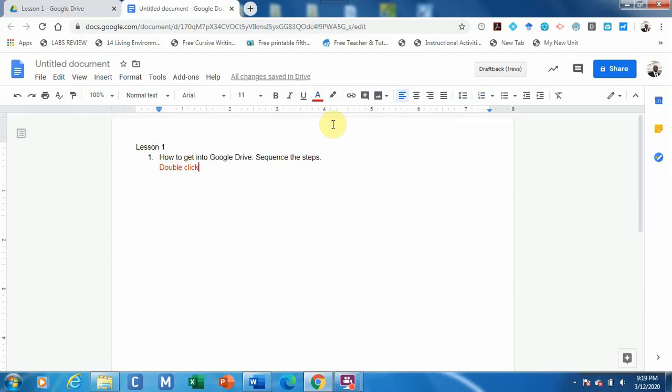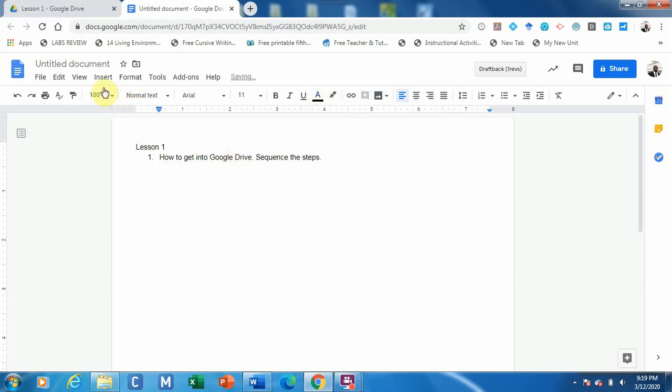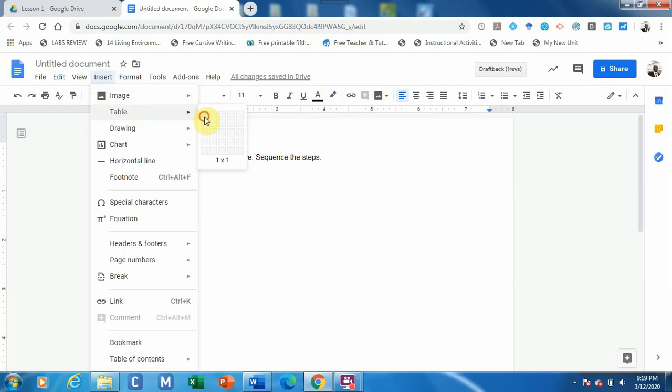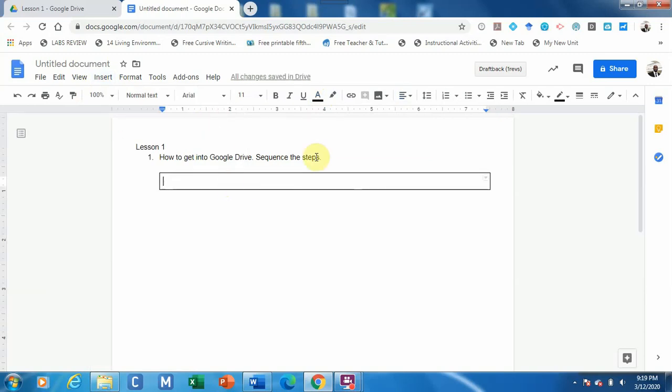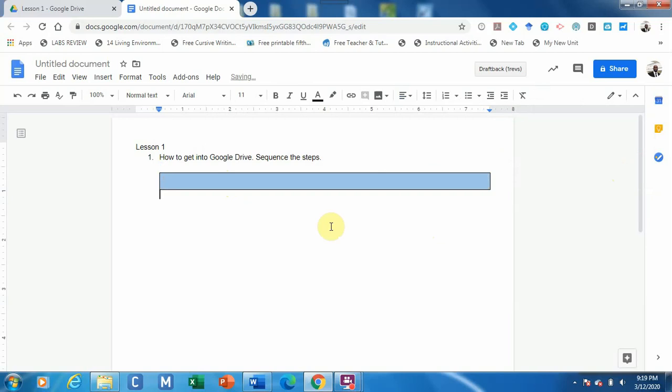A newer way, to save the students time from using a different color ink, but it's a little bit of work on your front end, would be to create a text box. And the way you do it in Google Docs is that you would have to insert a table. So what I like to do is insert the table, and this is where I want the answer. But then I'll go ahead and color the table. So if I move over here to the bucket, I can give it a background color, and that helps me instead of looking for the answers. I know this is where the answer is going to be, and when the student types in here,